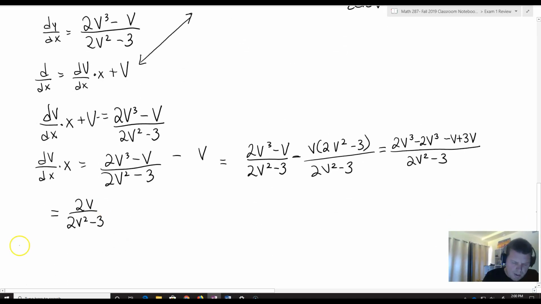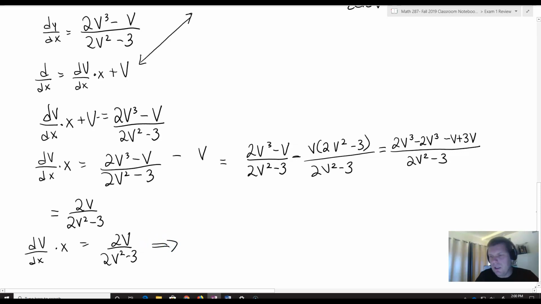Okay, so now what I have is this differential equation, x dv/dx equals 2v over 2v squared minus 3, which is definitely separable. One of the great things about doing change of variables is that we end up with a separable differential equation. So with just a little magic, I'm going to end up with (2v squared minus 3) over 2v